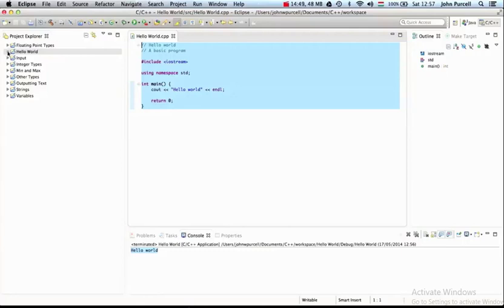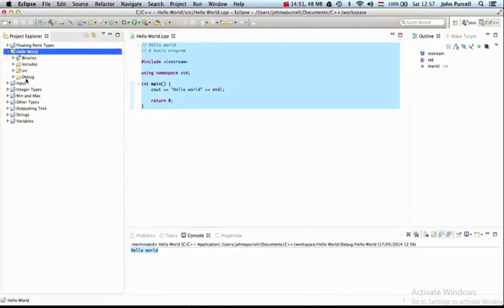If we expand Hello World here, we can see there's a debug folder. And by default, most compilers will generate a debug version. Actually, I'm not sure if it is the default, but certainly in this case, we developed a debug version of the program. So the program we've created is not intended to be given to people. It's intended for developing programs, and it's got special symbols in it that can help us find the bugs in